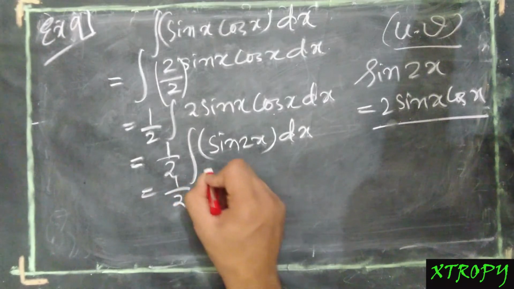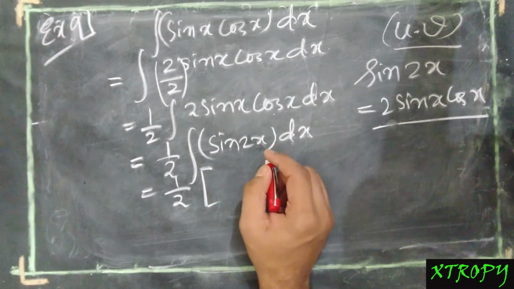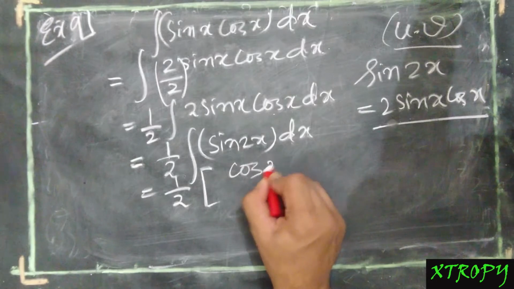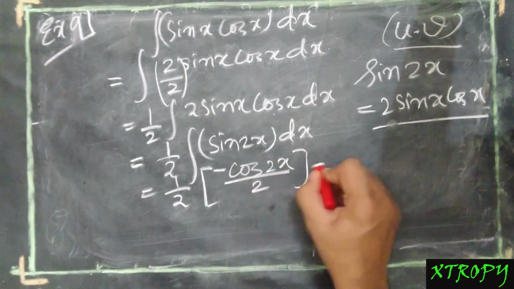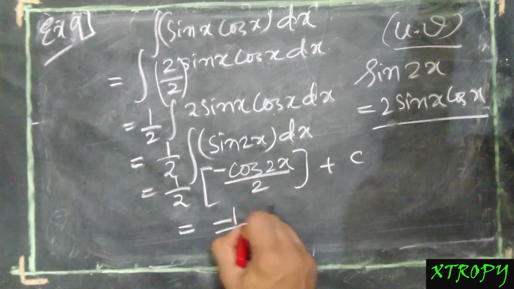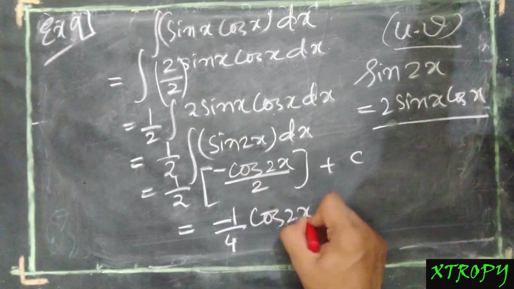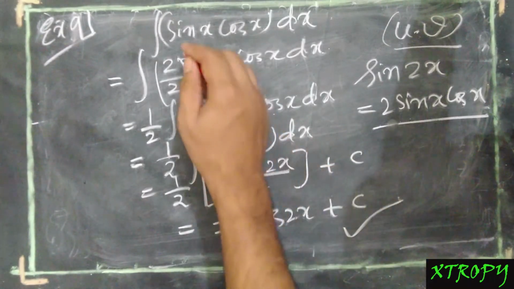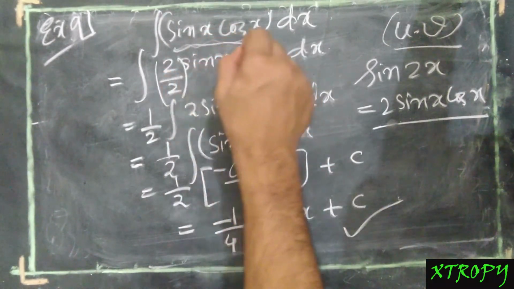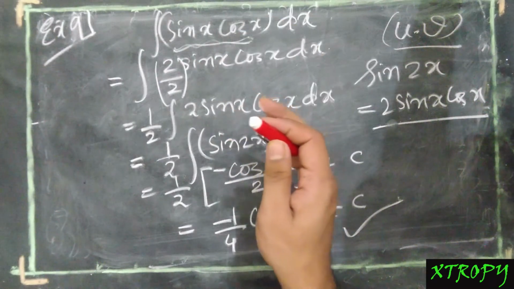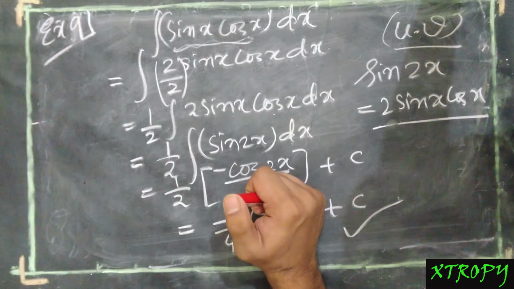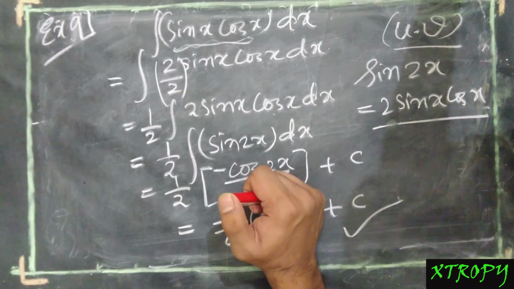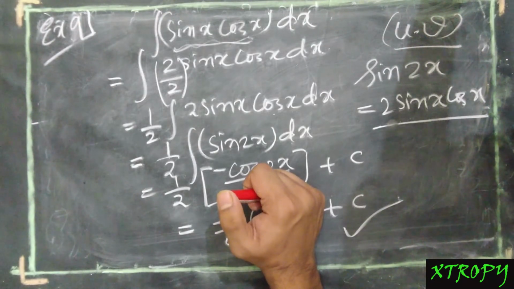So you can write this as half. The integration of sine 2x is cos 2x with a minus sign, of course, divided by another 2, plus c. So the final result is minus 1 by 4 cos 2x plus c. So we also learned how to approach this. It doesn't seem that there must be any product rule to approach this question, but we need to use the trigonometric identities and several other substitutions very cleverly to convert the question from an unusual form to a form of our ease.